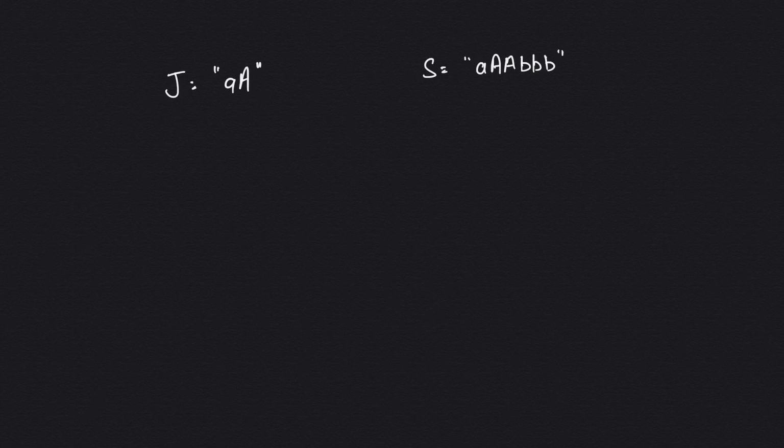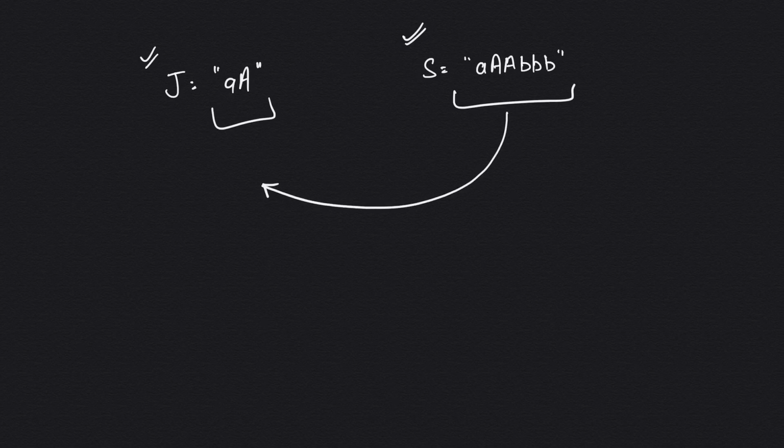I have taken the example given in the question. Here we have our J and here we have our S. S are our stones and J are our jewels. And the question is asking how many of the stones you have are also in jewels. That means we need to check stones in jewels.